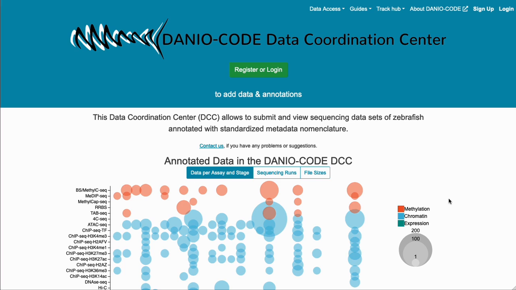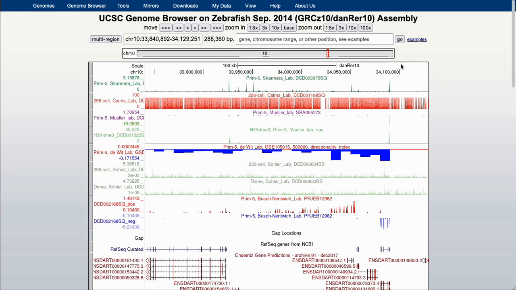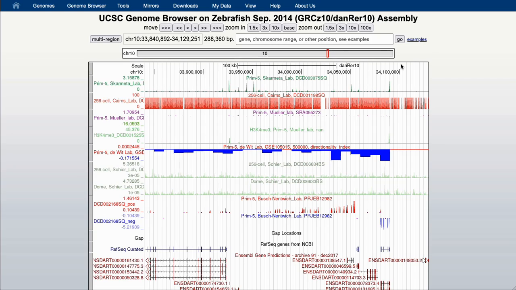In order to do this, we first go to the UCSC genome browser with our Daniell code tracker loaded, which is easiest done via the navbar on the top here. When you are at the genome browser, go to the gene of interest with the search field. So we type in MACE2A here and select it.